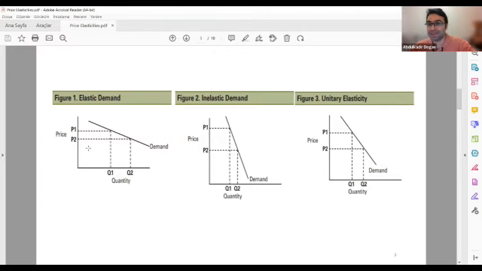For instance, this product is not necessary for me. Let's say, to be alive, I need to breathe. I need water. I need food. These are necessary. Whatever the price for these products, I will pay to be alive. But let's say I want to take